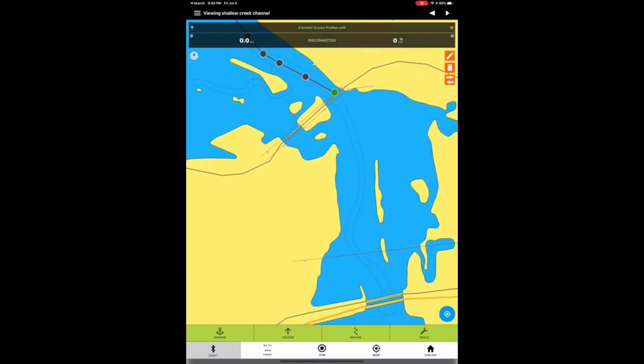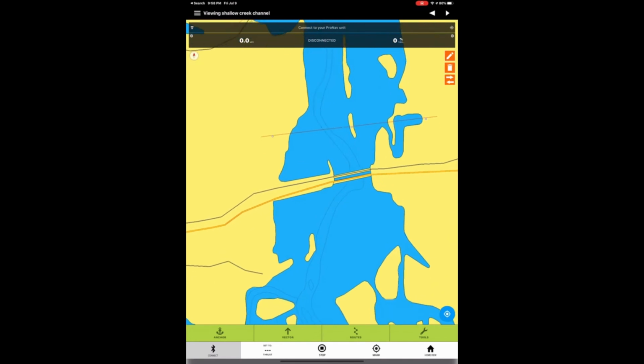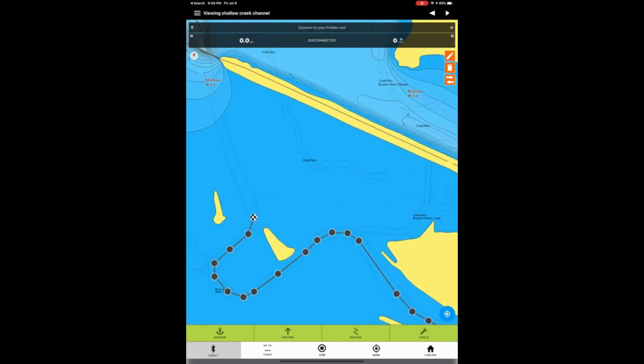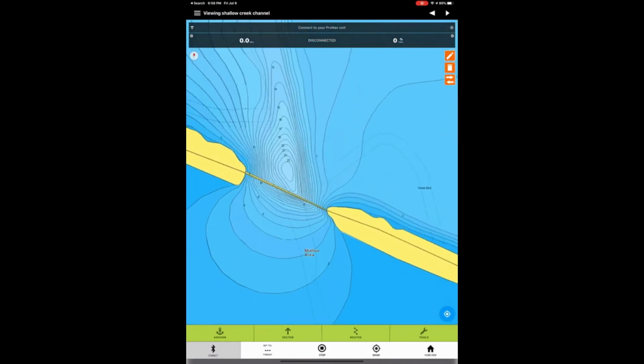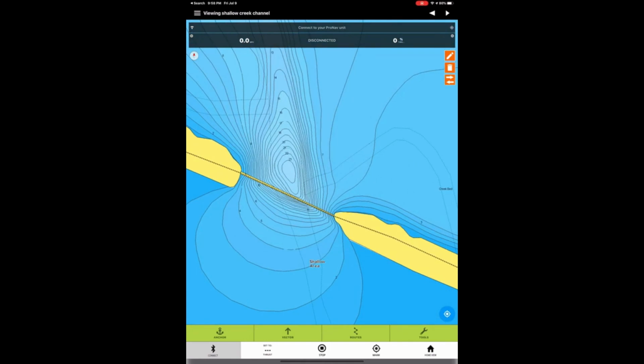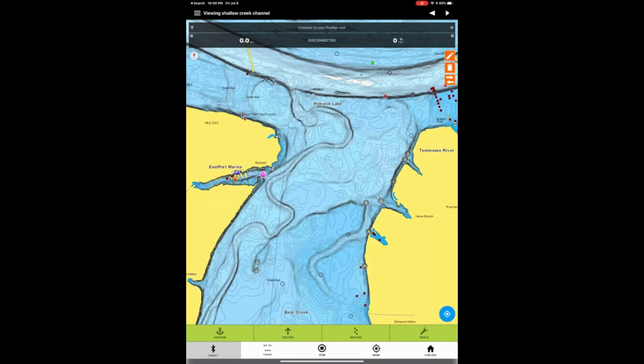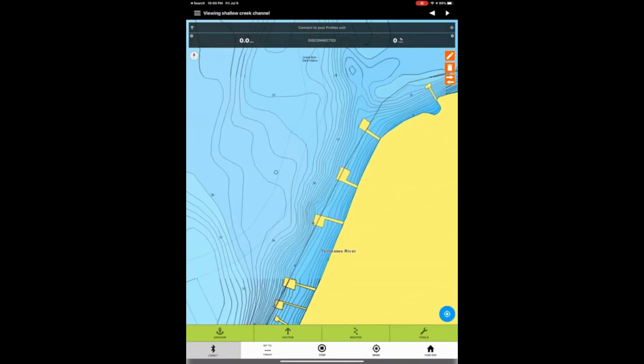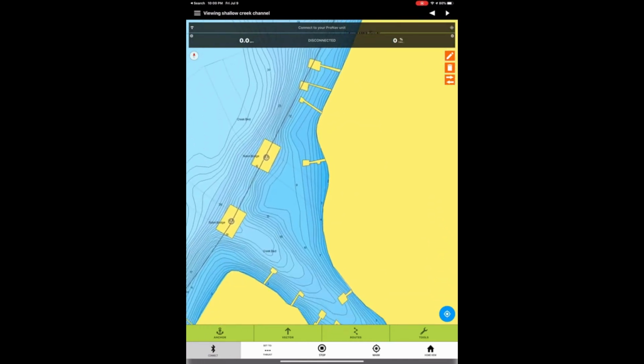Just a lot of options, guys. A lot of options in this area. Got bridges, some riprap. Got train tracks with riprap on it. Here's a deep little hole right here where the railroad bridge goes across with some riprap. That's always a good area in the summertime. So guys, I've got so many spots marked already. There's no way I'll be able to fish all of them, but if I'm fishing a tournament and I got 2 days of practice,